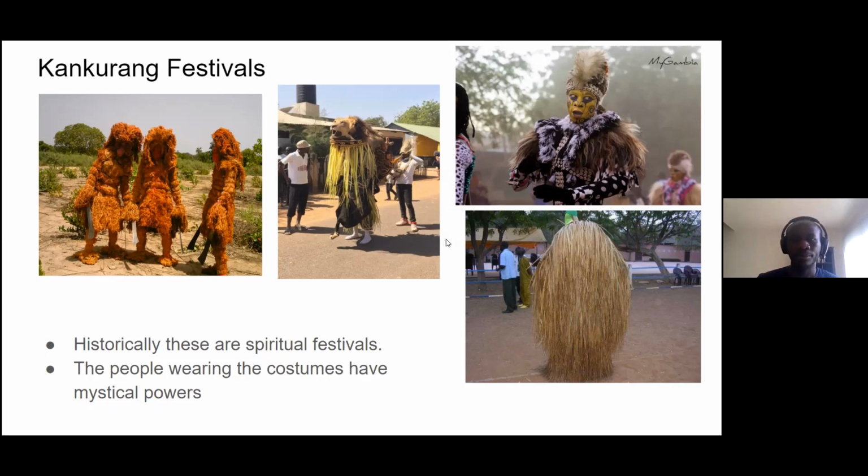Perfect. And then we got another question from Haley. She was asking if it is a real lion head and what does it signify? No, no, no. Recently, these are false lion heads, but that's why I said historically, these things were all real lion head, real tiger skin. But now, because most of these are just for entertainment purposes, especially during tourist season, those are the only pictures I could get. They'll actually put the shape of a lion head inside. But normally, historically, this was supposed to be a lion head,